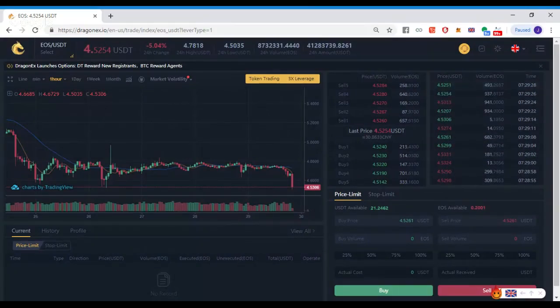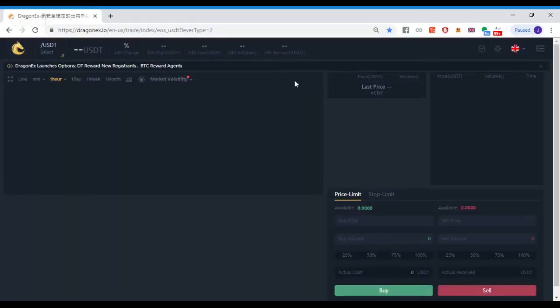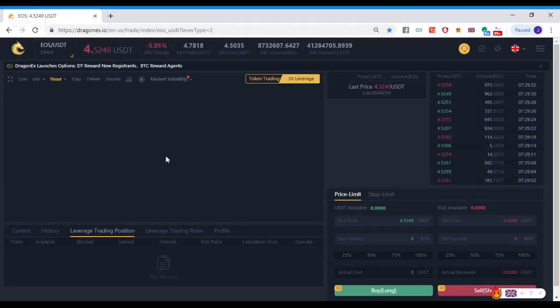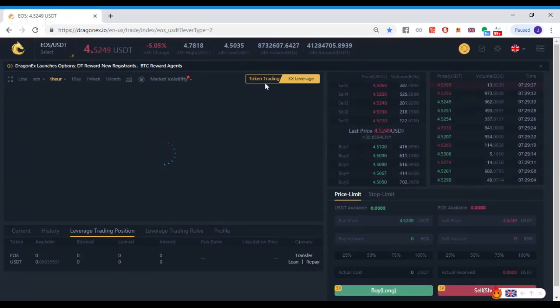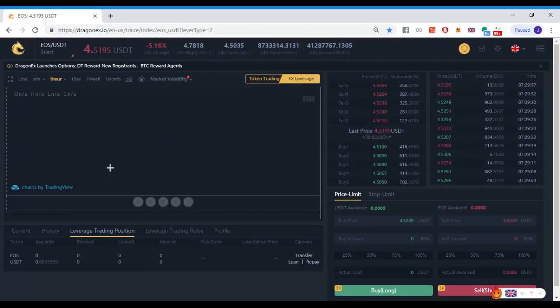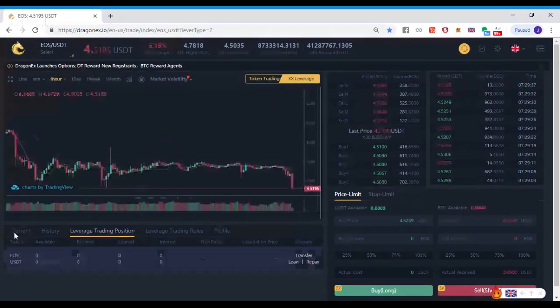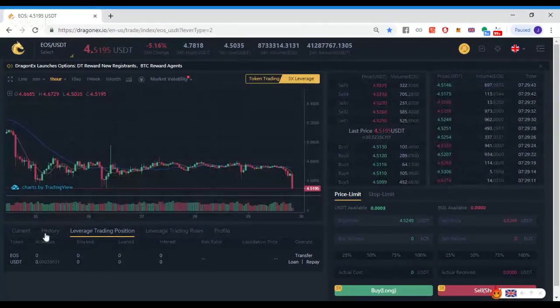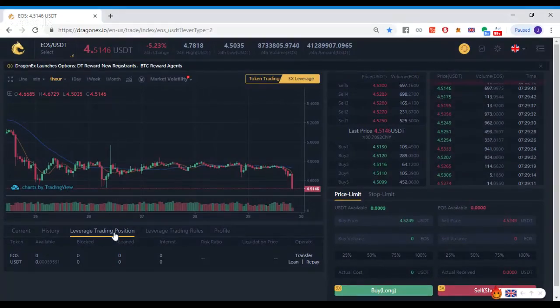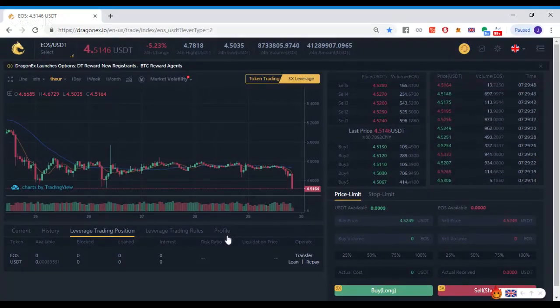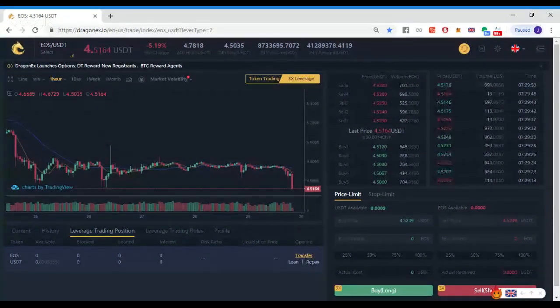So let me do the transfer. We're going to go to the EOS versus USDT 3x leverage account. In order to transfer the funds from token trading to the leverage, you would have to come down below the price chart. You have current, history, leverage trading position. This is what you want to be on: leverage trading rules and profile. So when we come over here to the transfer,